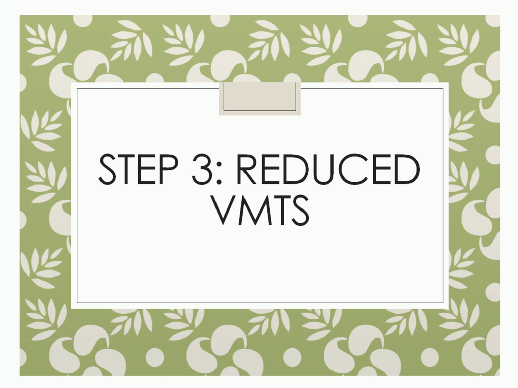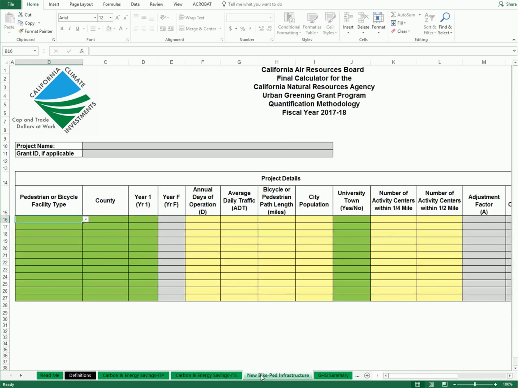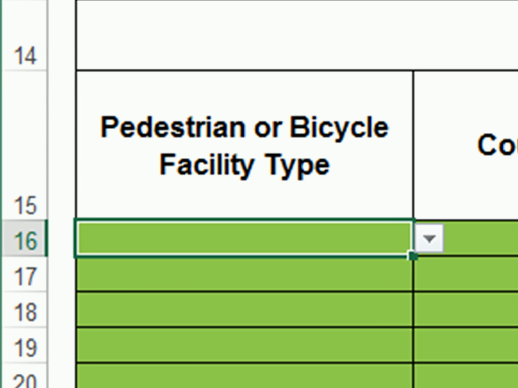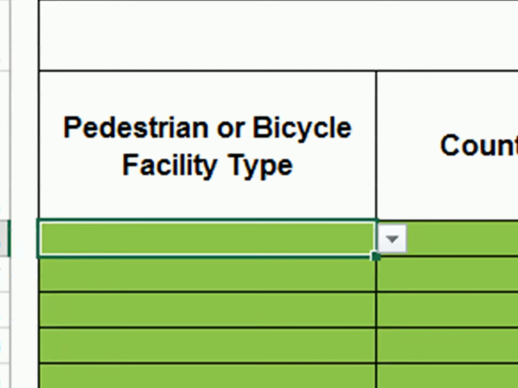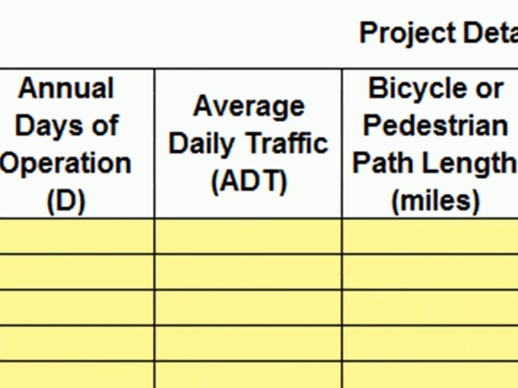Step 3. Determine and enter the project-specific information needed for reduced vehicle miles traveled. Pull up the Urban Greening GHG Emission Reduction Calculator and go to the tab titled New Bike Ped Infrastructure. The green boxes are drop-down boxes, and the yellow boxes require inputs. Information needed for this tab includes the facility type. Please note that Class 3 lanes are not included, the county, the year of project start, average daily traffic of